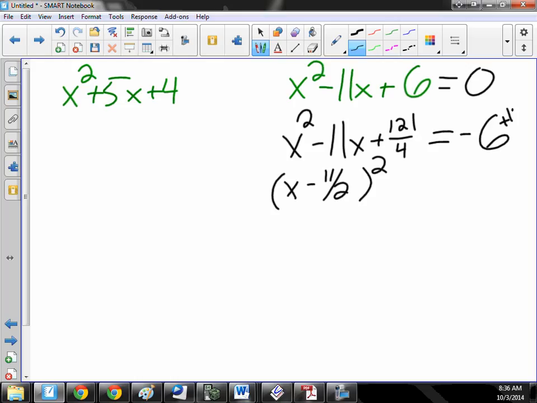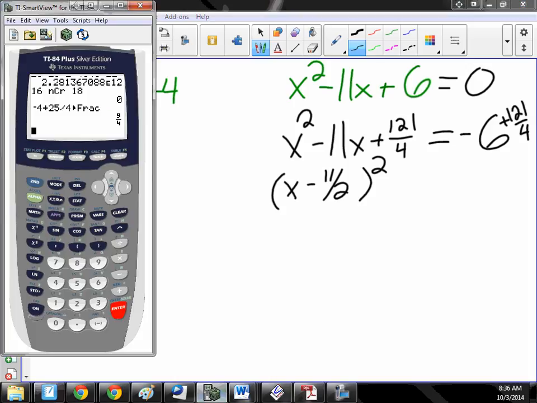So I'm going to add 121 over 4, and I don't know what that is. So negative 6 plus 121 fourths. 97 fourths, which is not nice. Okay, so